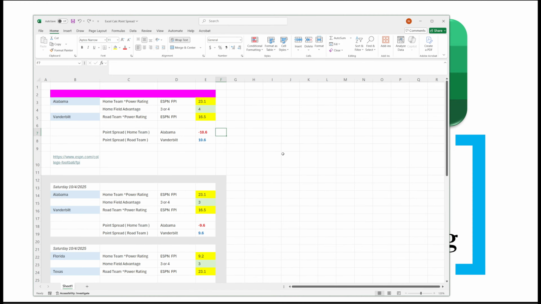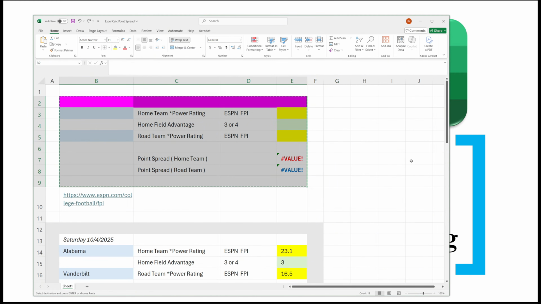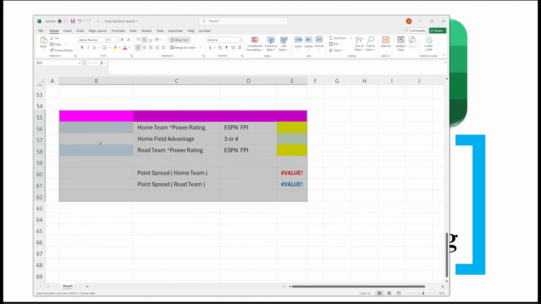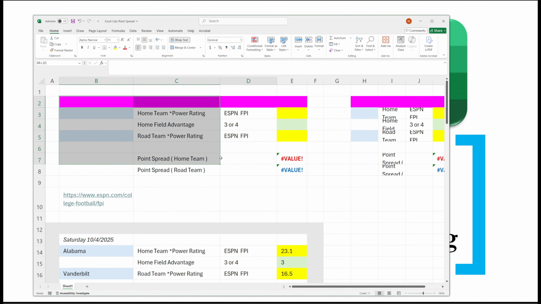Now, if you want to do multiple games, what you can do is just copy the formulas here and just paste them. And then you can put in, like for example, Texas, Florida. I'm going to just make up some numbers like 30, 20, home field 4. So what you do is just simply copy this block of cells and then just repeat, just make multiple versions